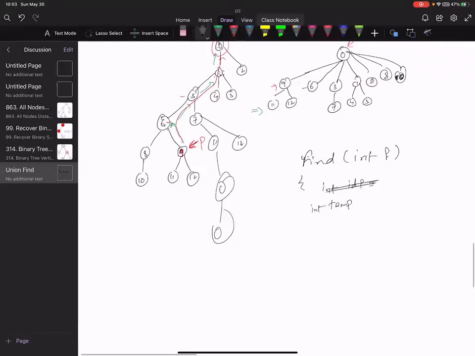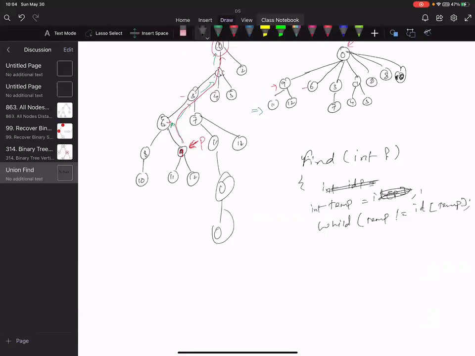Integer temp equal to ID of P, and then same thing, while temp is not equal to ID of temp.